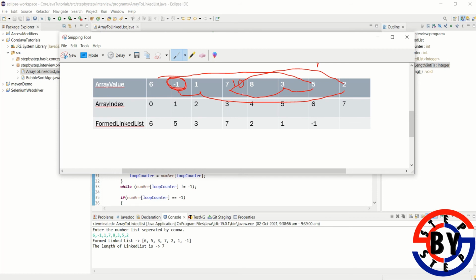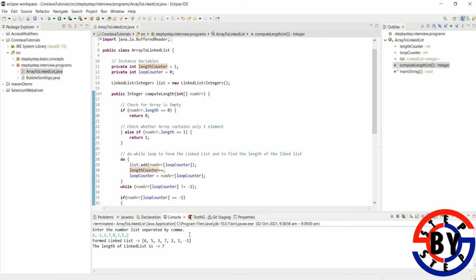We can handle this as well, but that was not an ask, so I have not added that condition in the code. But we can definitely improve this code to add a condition to check whether the value which we are getting in an index is bigger than the actual length itself. So that means the index will not be there in the array.